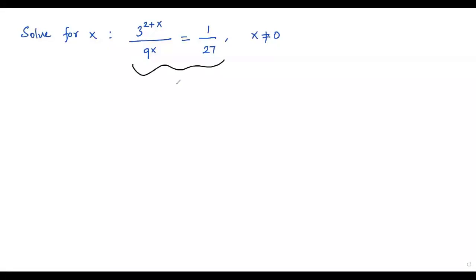Here we have an exponential equation and we have to solve for x. Let me write the given exponential equation as it is: 3 to the power of 2 + x over 9 to the x power equals 1 over